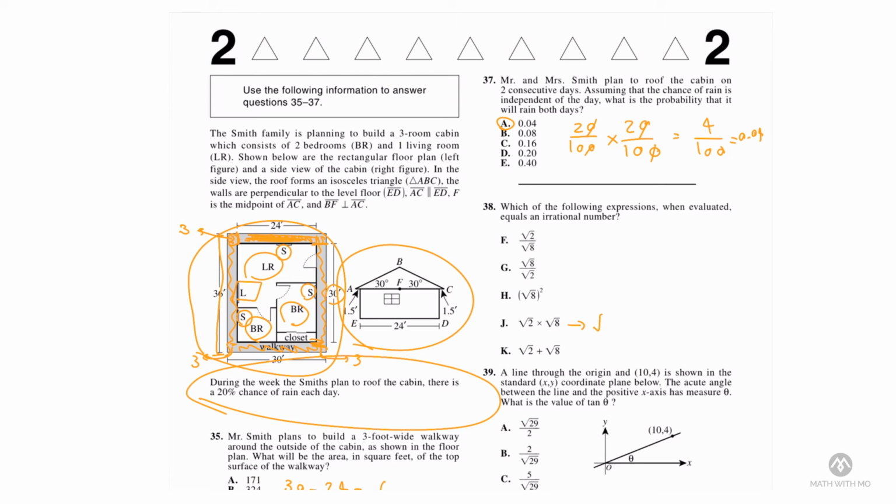This one is square root of 16, which is 4, so it's rational. This guy is going to be 8. This is going to be root 4, which is 2. This is going to be root 1 over 4, which is 1 over 2. So they are all rational. The only thing that is irrational is